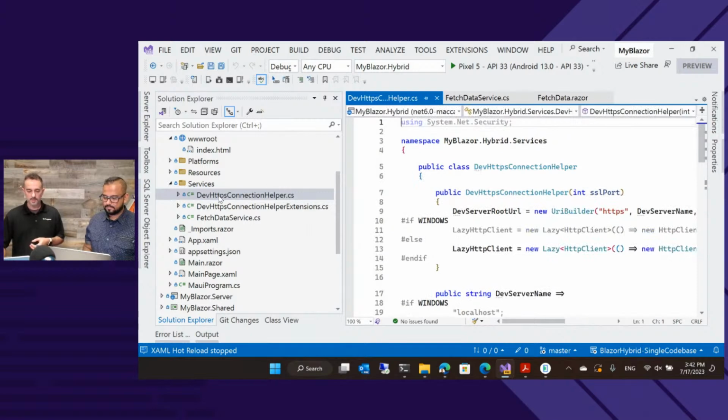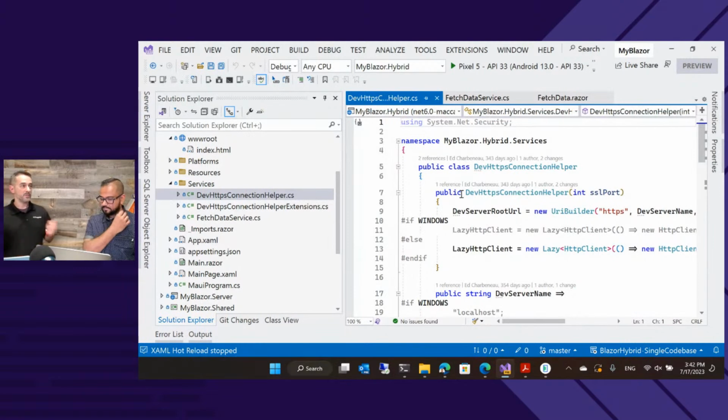There is this dev HTTPS connection helper. Again, it doesn't know where localhost is. There is some port forwarding happening, but it's not enough. It's going to have security issues that you either have to over-configure for, or find a solution like ngrok, which is a great solution and does all of this as well, or the Visual Studio tool, DevTunnels. Those will circumvent this and replace it. This is the other method of doing it.